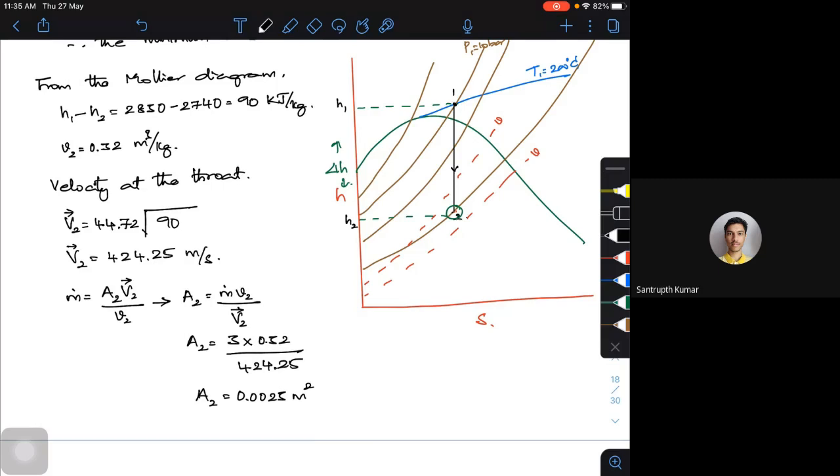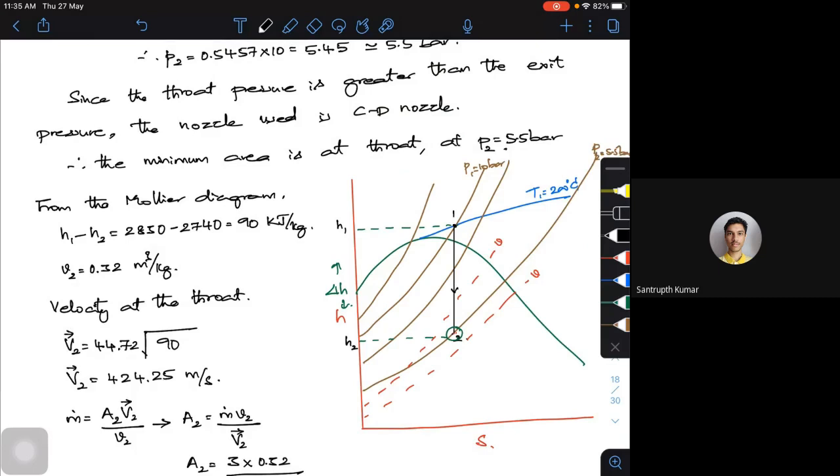So this is how you can calculate it. This is the type of the nozzle, and I can find it based on the critical pressure ratio. Based upon that, I'm able to get it. Is that fine? Yes, sir. I think there is some difference that I'm getting in specific volume, but I'll check it again, sir.